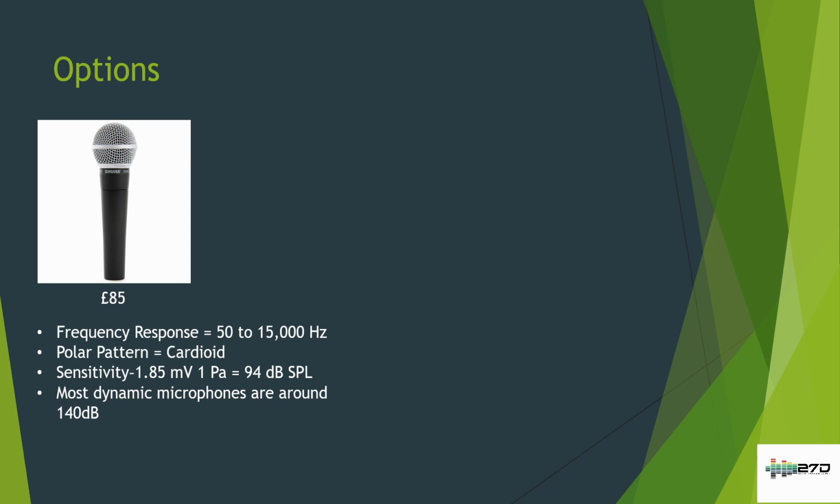Its sensitivity is for how much sound for the same input that the microphone puts out. We can see this is putting out 1.85 millivolts. We need to remember that when we come back to the mixing desk, because we can see that's a tiny little voltage. The dynamic range of most dynamic mics is around 140 dB. Compared to